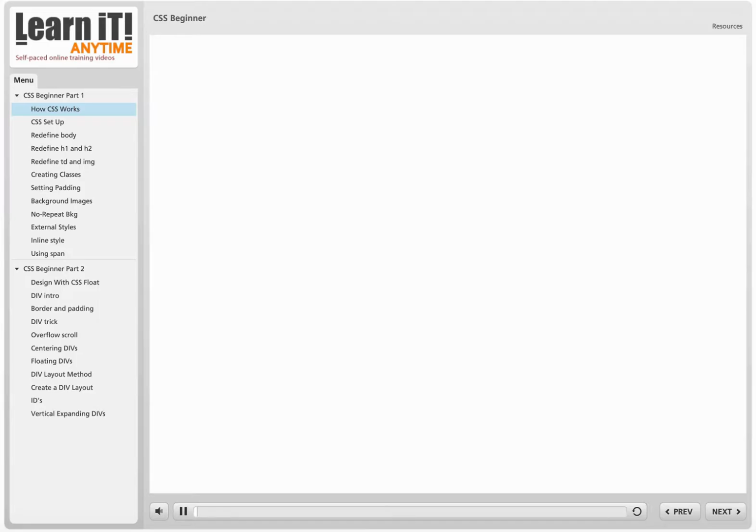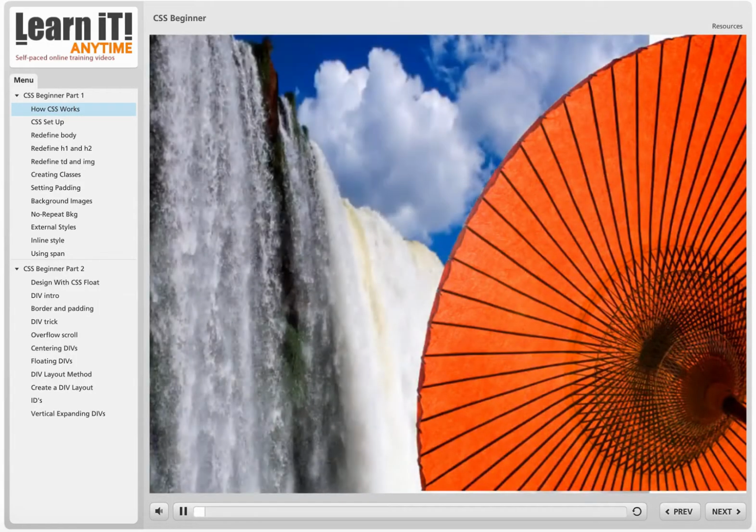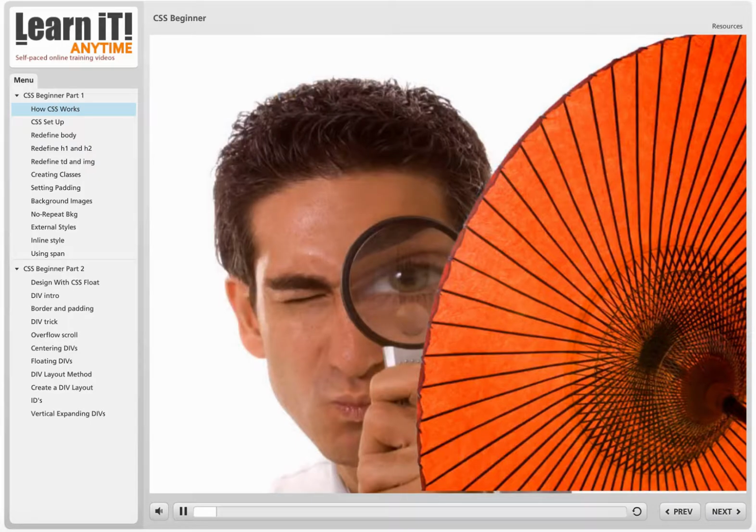Well, folks, I think it's time that your website's got some style. Some cascading style. Here's the deal with cascading style sheets. HTML was originally invented by scientists for spreadsheets, to show data. And then after a while, somebody was like, hey, look, I can color this and I can put a picture